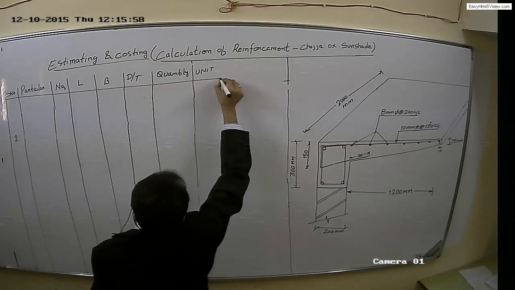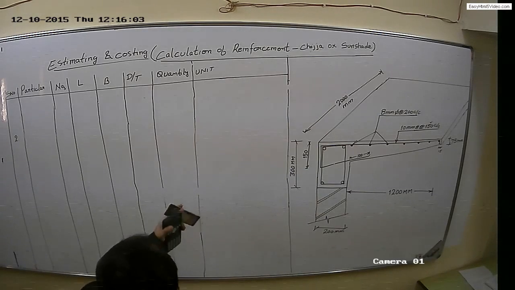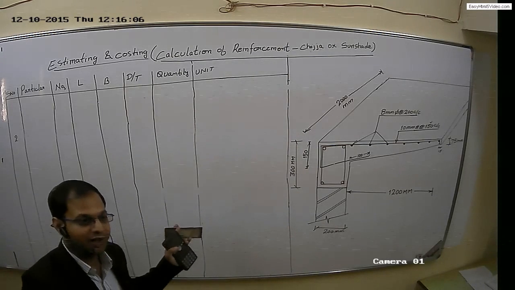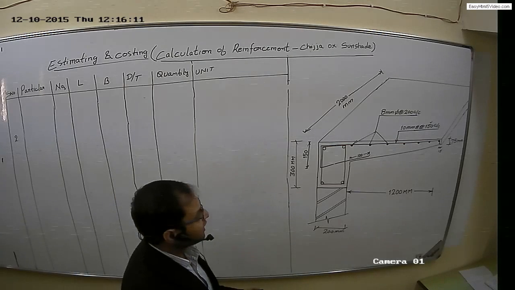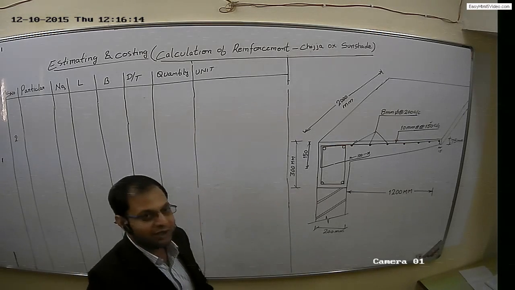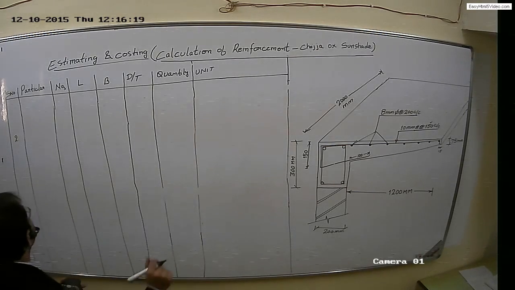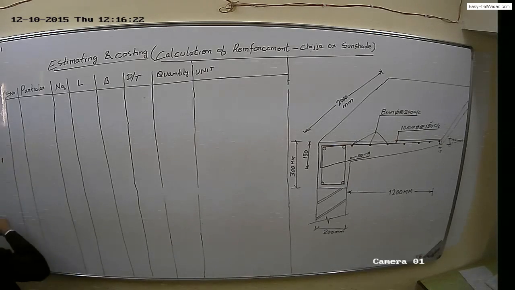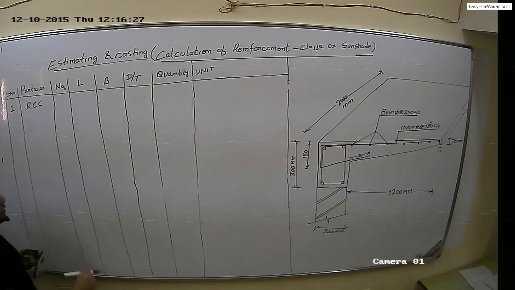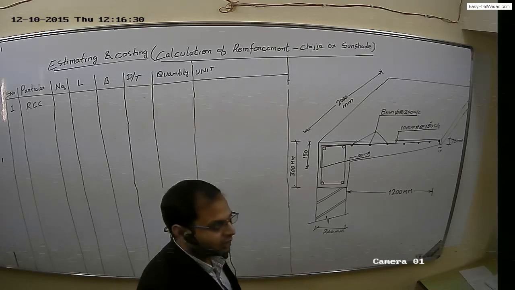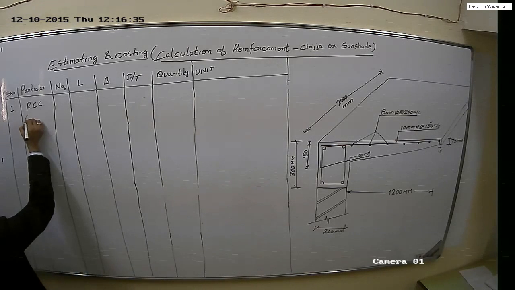This form is called measurement form. In this particular form or table, we used to calculate the quantity of earthwork, PCC, RCC, shuttering, brickwork, etc. In this case, we'll just calculate the quantity of RCC and shuttering. Steel we have already discussed. So the first item will be our RCC. It may be of M20, M15, M30, whatever the grade of concrete will be. We have to just write it here. Let us assume it is